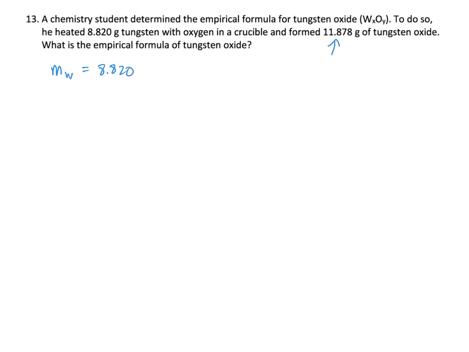So the amount of oxygen is going to be equal to the total minus the mass of tungsten, and this works out to 3.058 grams. So we have the mass of tungsten, mass of oxygen. We can convert now